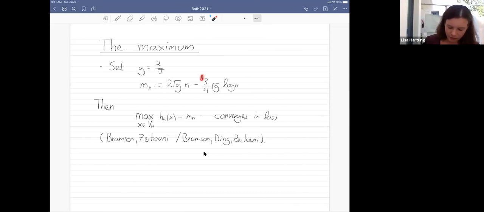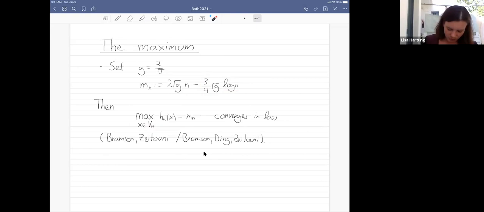What is very characteristic for log correlated fields in general is this appearance of 3 over 4 there. In Leonid's talk, we also had some linear growth term, and then a logarithmic correction, and there also was a 3 appearing, and it's actually the very same 3 as in branching Brownian motion. And one can show that if you look at this field on the box Vn and subtract this order of the maximum, then this converges in law to a limit.